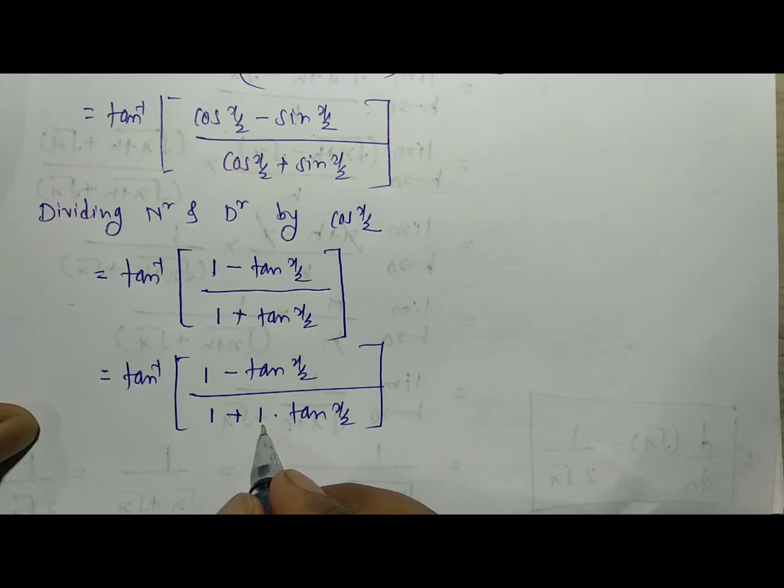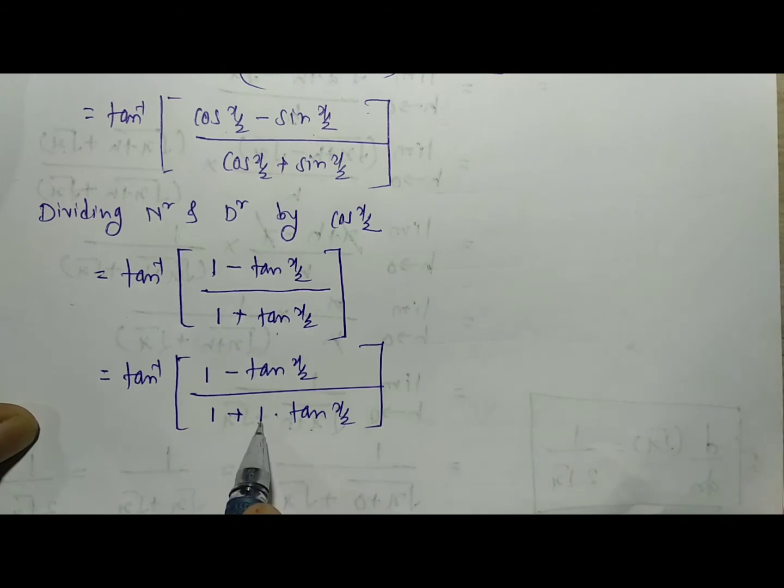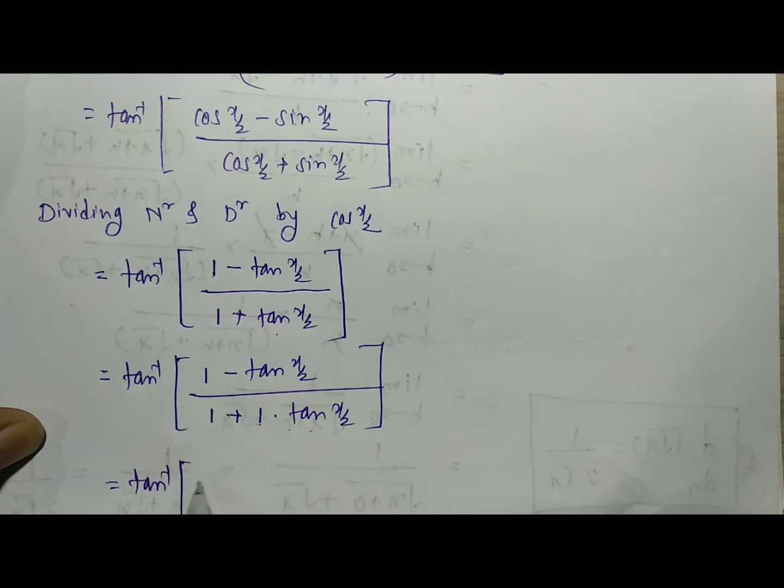1 is placed inside that expression, because 1 into tan x/2 once again becomes tan x/2 here. Right now 1 is put in the consideration of tan. At that time you will get the consideration like that: tan inverse, where 1 is replaced by tan pi by 4, minus tan x/2, whole divided by 1 plus